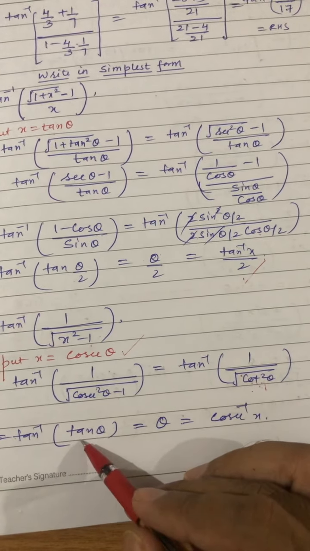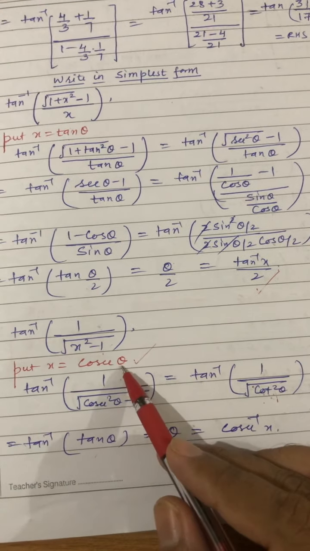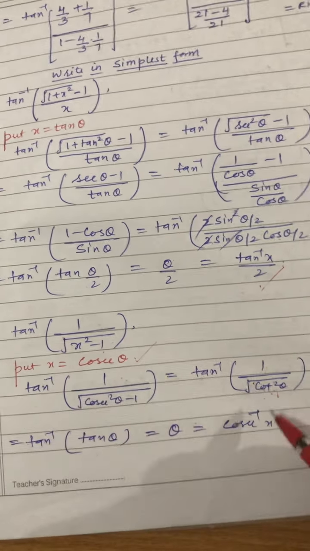So tan and tan⁻¹ will cancel out. So what will we get? θ. Now what is the value of θ from here? cosec⁻¹x. So this is the simplest